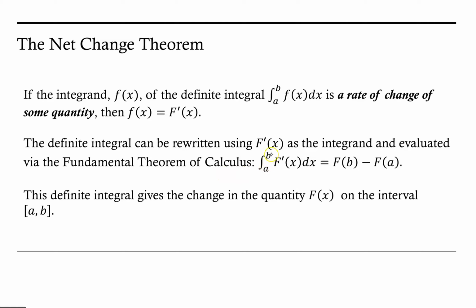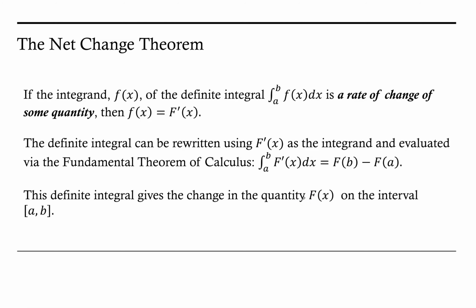That is, the integral from a to b of capital F prime of x dx will be capital F at b minus capital F at a. Or, if we find the antiderivative of this derivative, we will evaluate that at b minus the evaluation at a. So this definite integral gives us the change in the quantity that capital F of x represents on an interval from a to b. So let's take a look at a couple of examples to help us understand what this